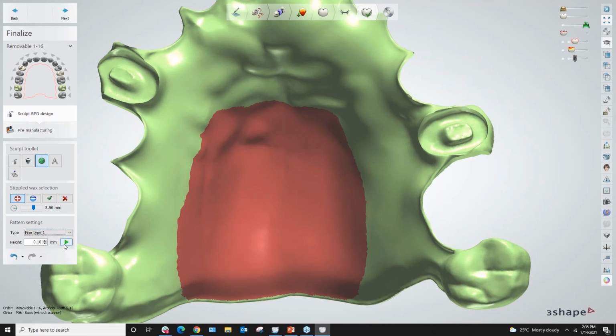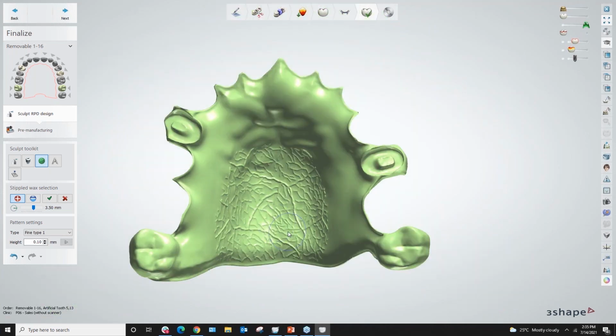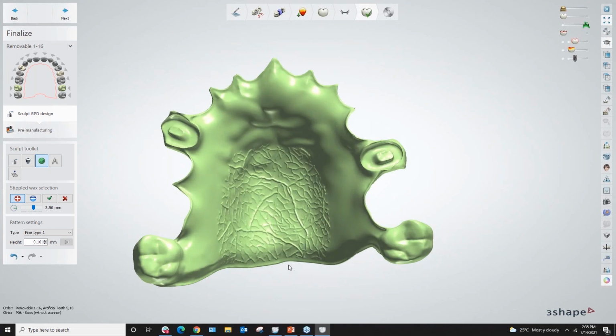If it's a fine type, for example, with the height that is suggested by default on the left side, which is at 0.1, I will have that stripling effect as well. Now, I personally would leave it without any stripples, so I would just go ahead and do undo,